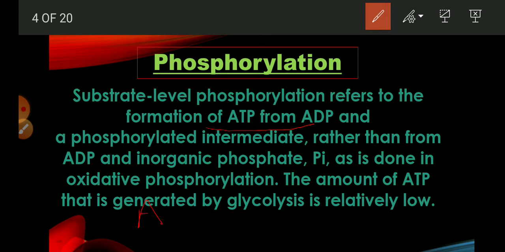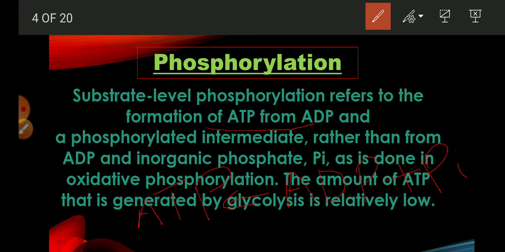Simply, we can make ATP from ADP plus Pi, that is inorganic phosphate. But instead of this,